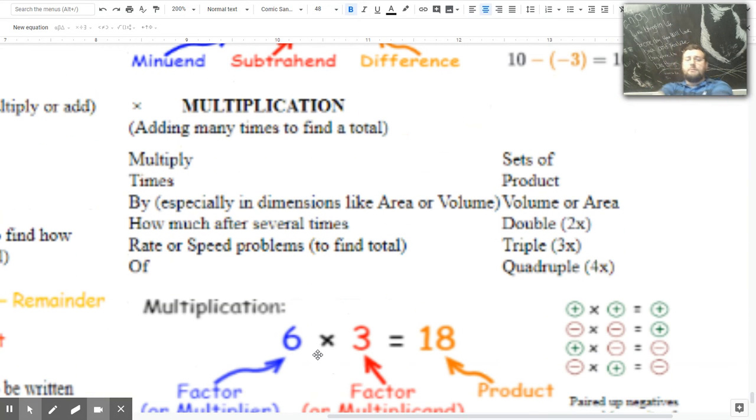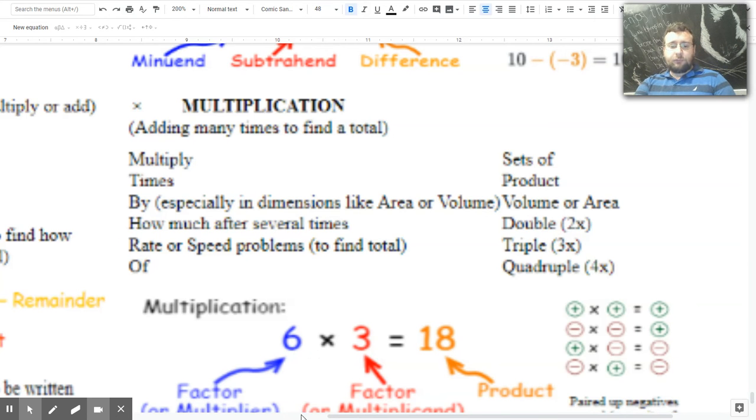Here are some multiplication words. The most common one is multiply, and the word by, and the word of. Okay, so if you see something like what is 20% of 50, that of means you're multiplying. Okay, by also means multiplying. Okay, so anytime you have rate or speed problems, if you're trying to figure out how much you got after several times, the word times itself or the word product,